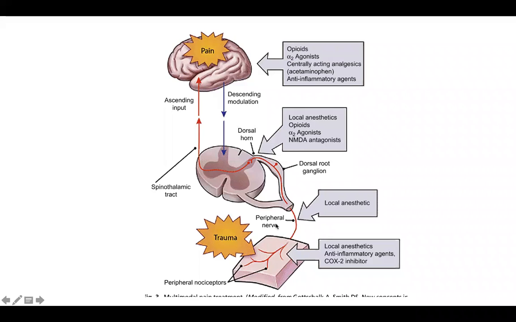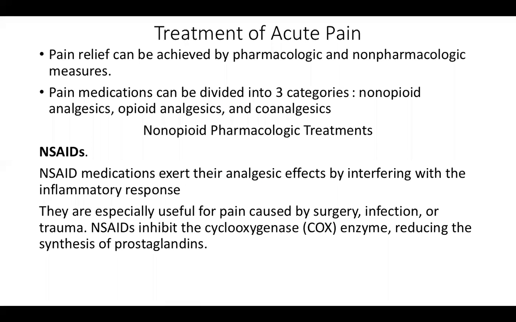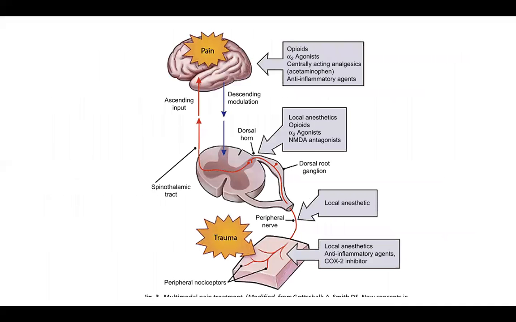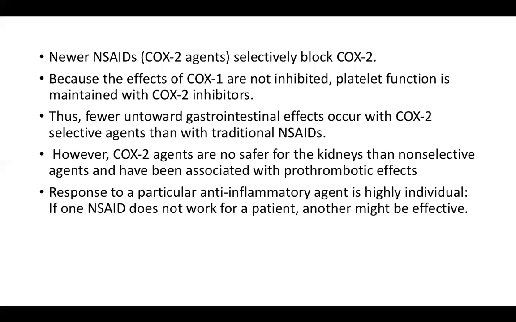And then you have trauma, which involves peripheral nociceptors, which are not in the central nervous system. For this, you need anti-inflammatory agents or COX-2 inhibitors. This can be very useful over here. I just thought of giving you this. When you talk about the drugs, you need to know that the various drugs can be used like this. Now we are talking about NSAIDs. There are many newer NSAIDs. I have only 10 more minutes, okay? I'll try to cover it as early as possible.